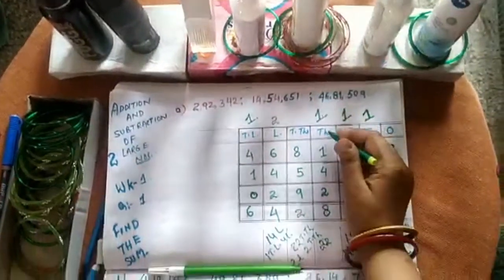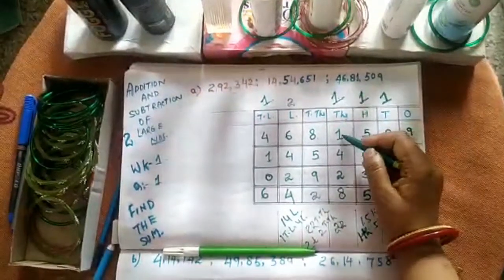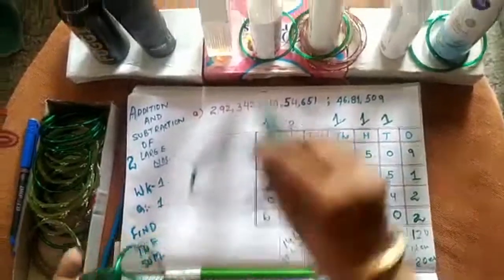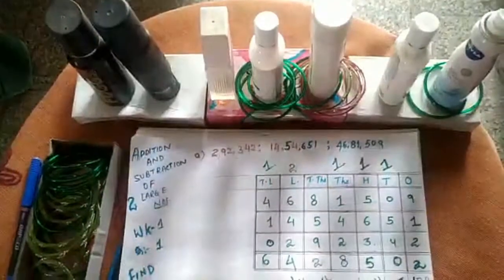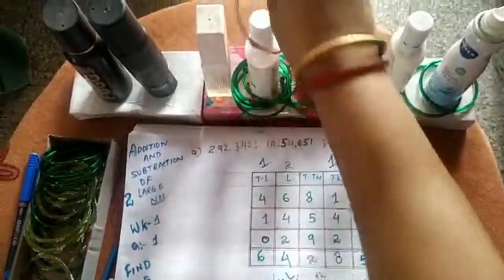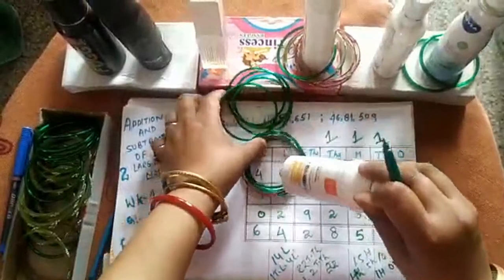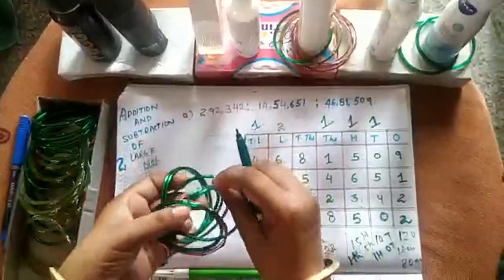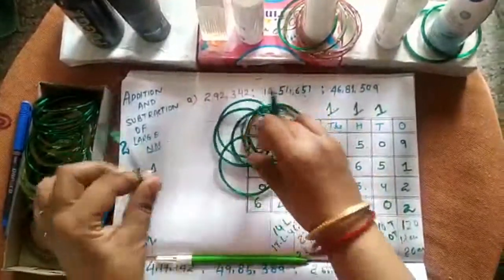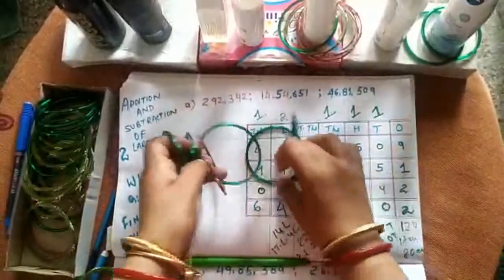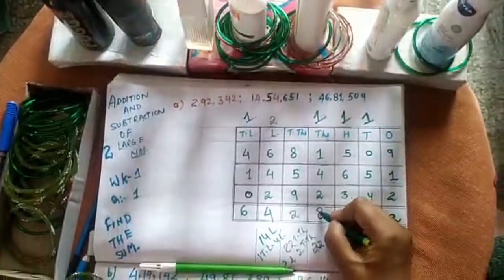Now come to the thousands column. Adding the thousands column, we take 1000 carryover plus 1000 plus 4000 plus 2000. Now I am adding 1000, then 4000: 1000, 2000, 3000, 4000, then 2000: 1000, 2000. Now what do we get? Adding them all together, by counting the bangles, how many bangles are here? 1, 2, 3, 4, 5, 6, 7, 8. So it is 8000. This thousands place value has 8000, so I am writing 8.